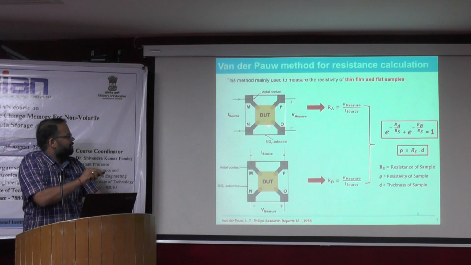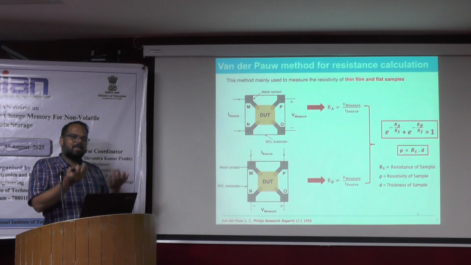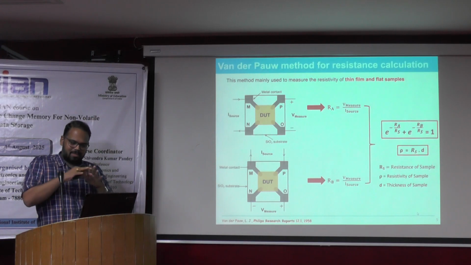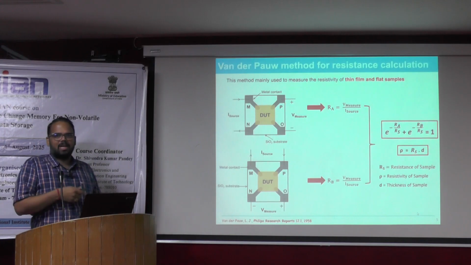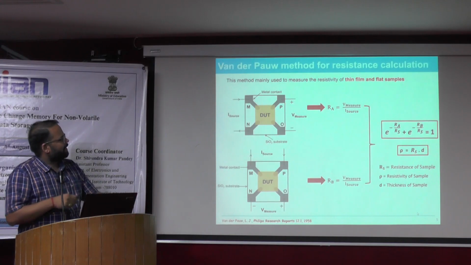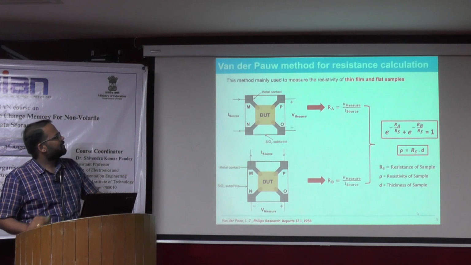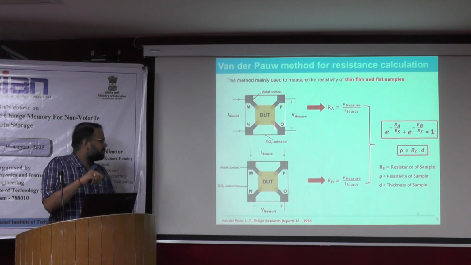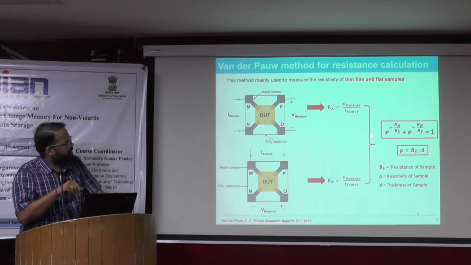It is not a kind of linear resistance where you simply apply voltage and get a current or resistance. It is not like that. It's a kind of sheet. It may be uniform, it may be non-uniform, so based on that you need to identify these things. To get more idea about this method, you can refer to this work, where they have proposed a mathematical relationship,